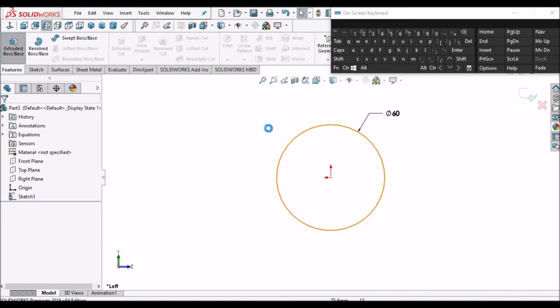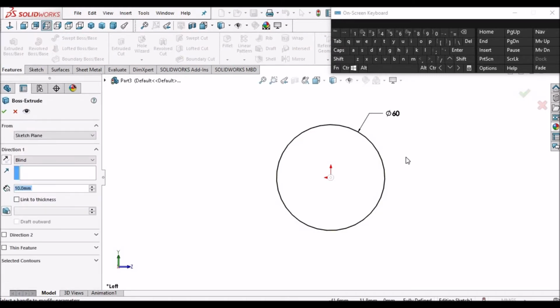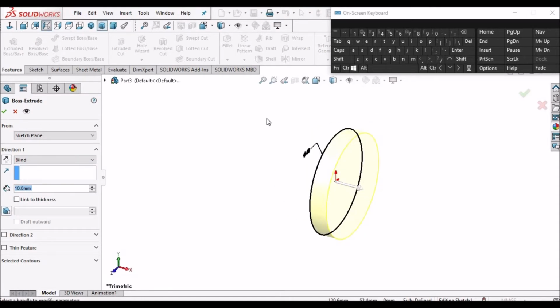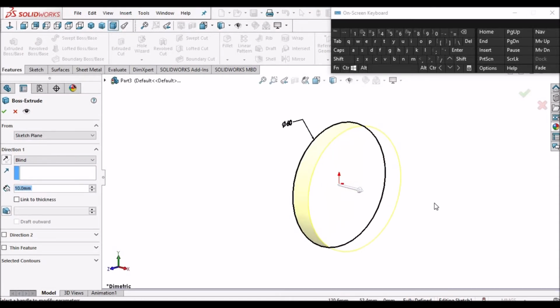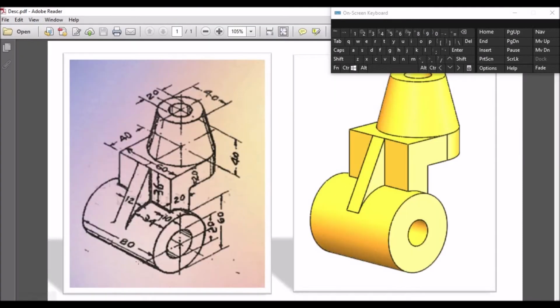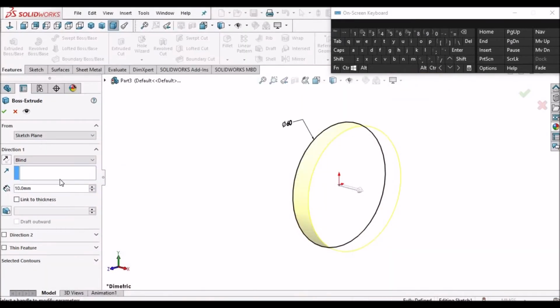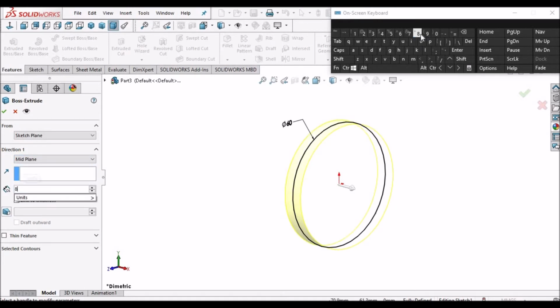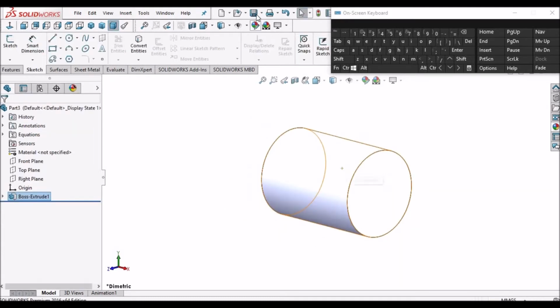Go to extruded boss. And total depth is 80. So I will select mid plane and 80. Say okay. Okay.